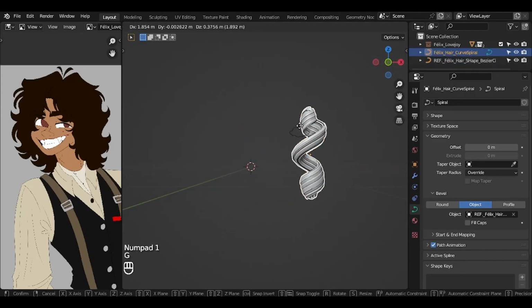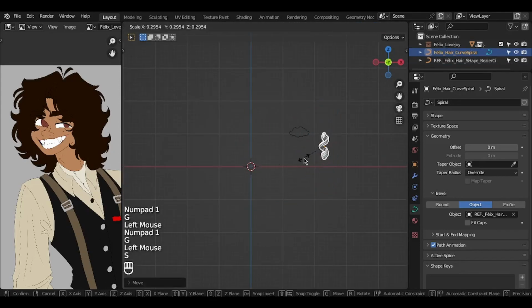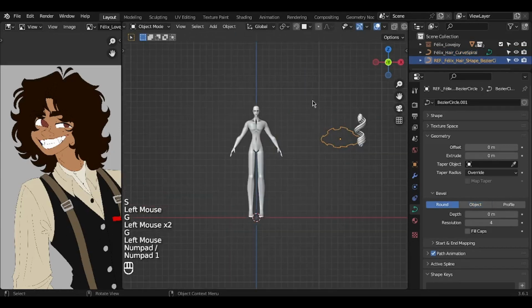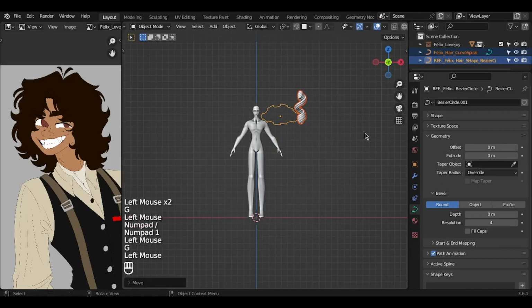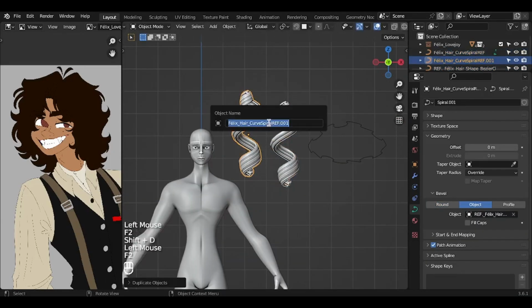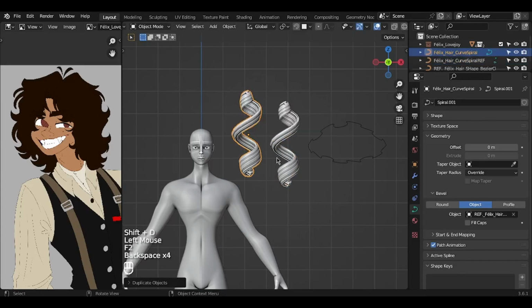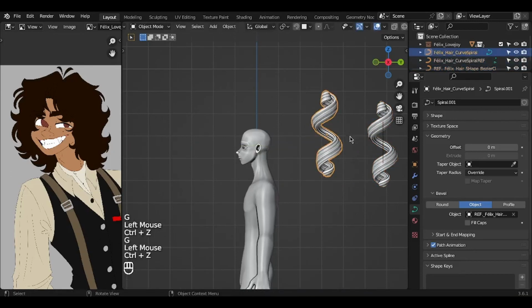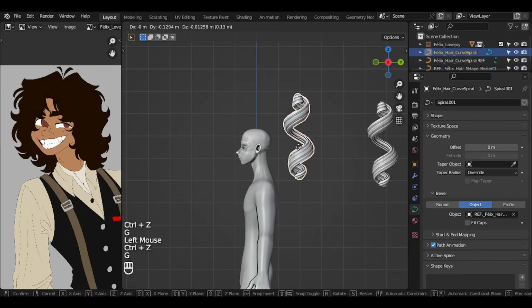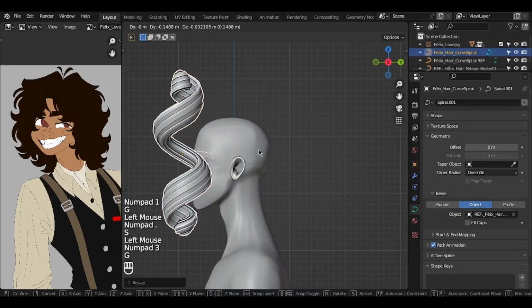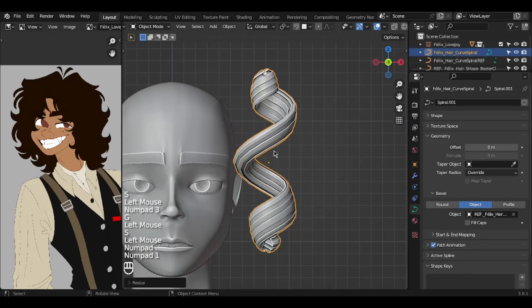I'm gonna be moving this a bit to the side like this, scale it down. I'm gonna press slash on numpad again. We're gonna be moving both of these objects to this side. Now I'm gonna be duplicating this and renaming this like this. I'm gonna be moving this a bit to the back like this, and I'm gonna be using the duplicated one to create the hair. I'm gonna be moving this next to the head like this, scale it down, and basically